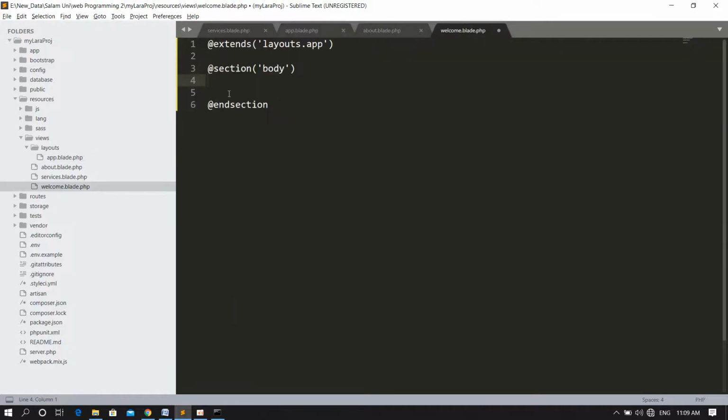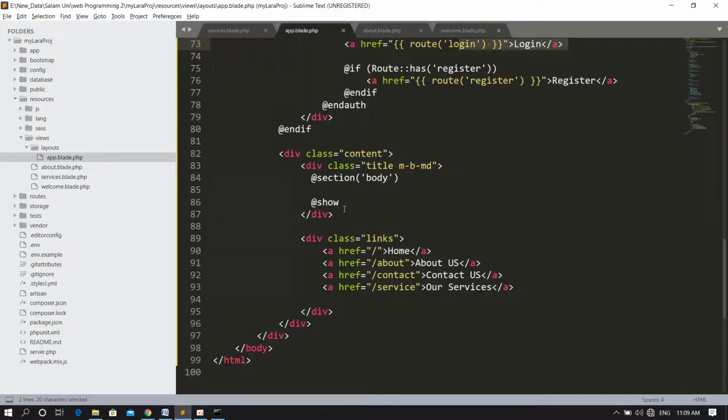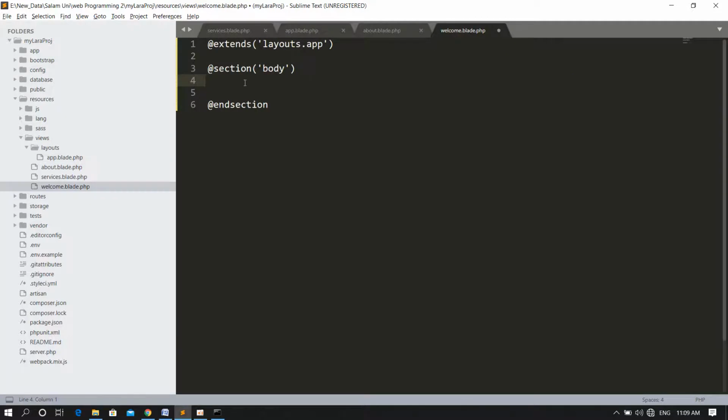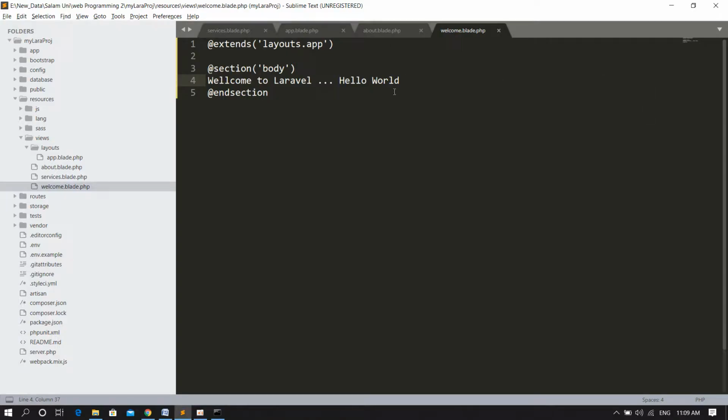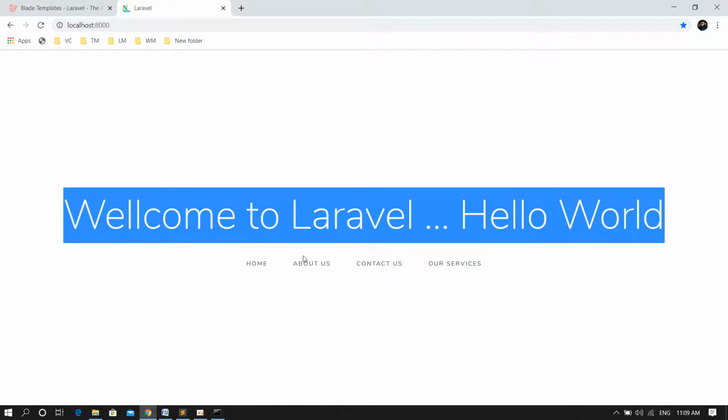Inside this body section, whatever we write, think of it as coming here. For example, I write a message: welcome to Laravel, that is hello world. Let me save it and refresh. Let's see, whatever we write in the section comes here. But who provided this section? welcome.blade.php. And about, I have nothing. If I go to about,